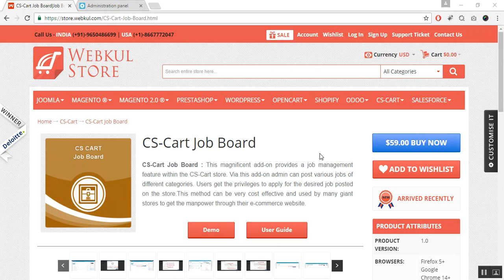Hello everyone. Today we are going to know about CS Card Job Board. This splendid add-on provides a job management feature within your CS Card store. Via this add-on, an admin can easily post various jobs of different categories and user gets the privilege to apply